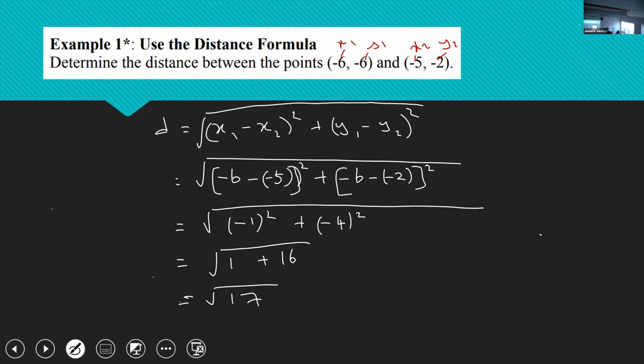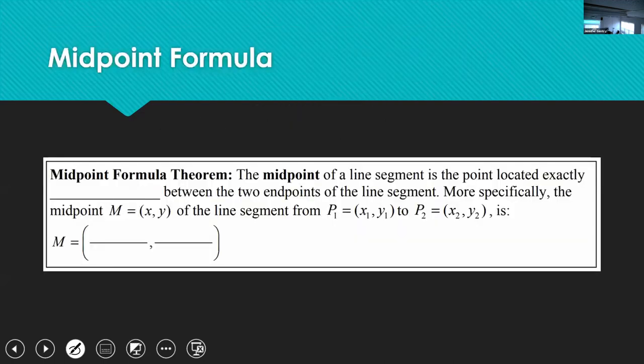Okay, midpoint formula. What is the midpoint? That's like the middle. Halfway, right? So it's the point located exactly midway between two endpoints. More specifically, if you say M is the midpoint, again, we're talking points, so it has to have an XY coordinate. We've got two different points, point 1, point 2. If the entire distance